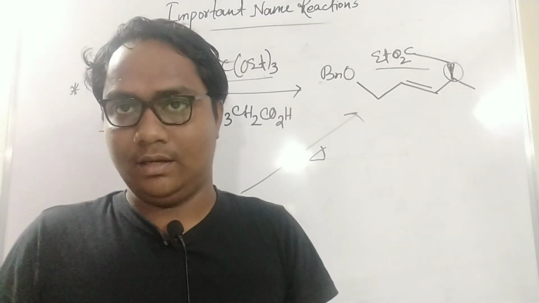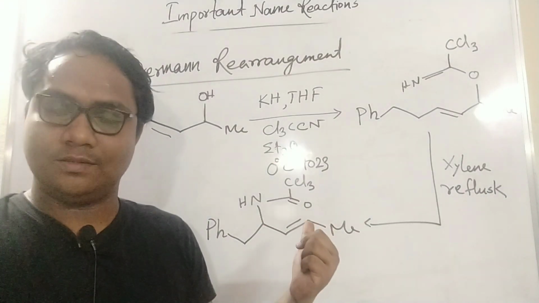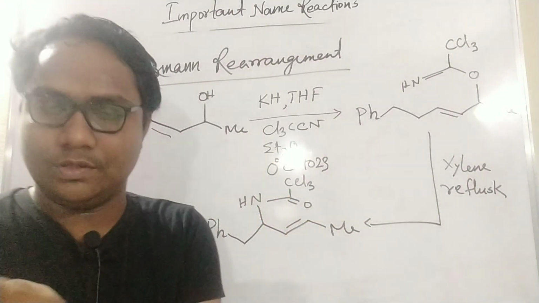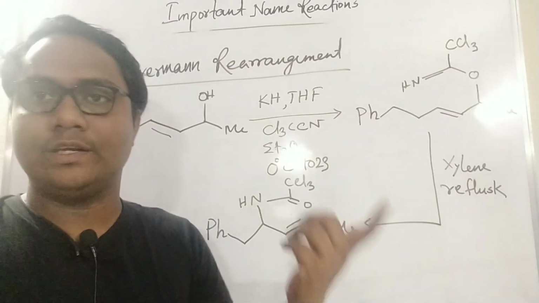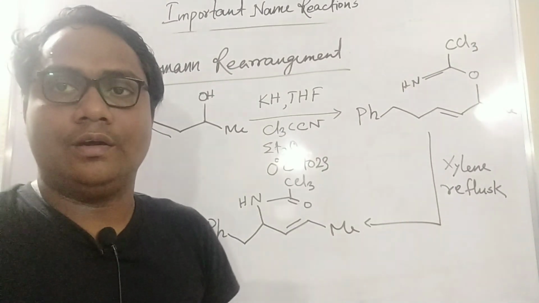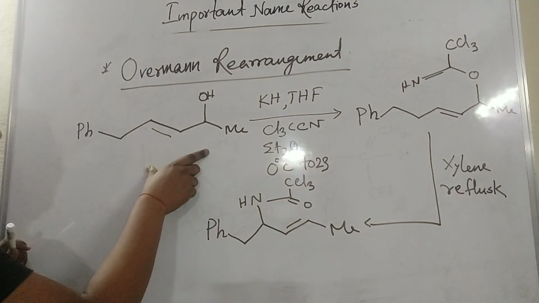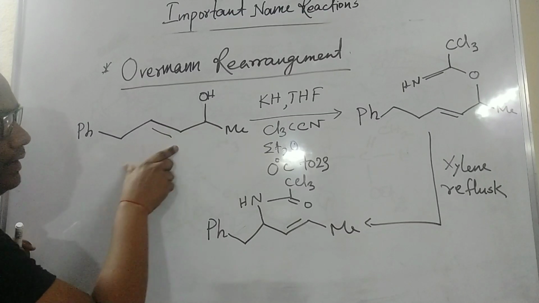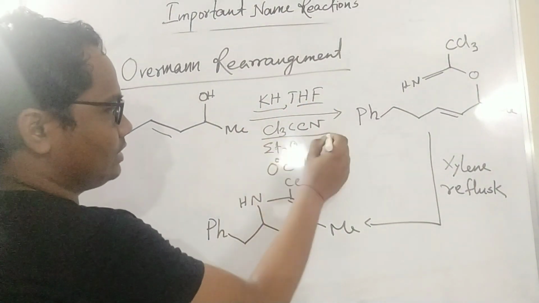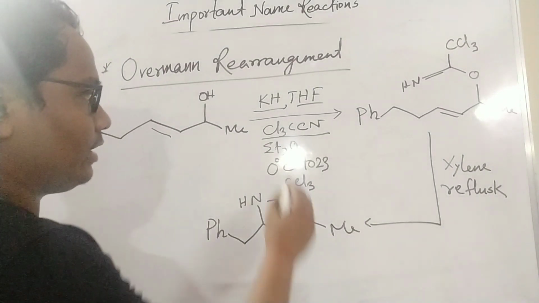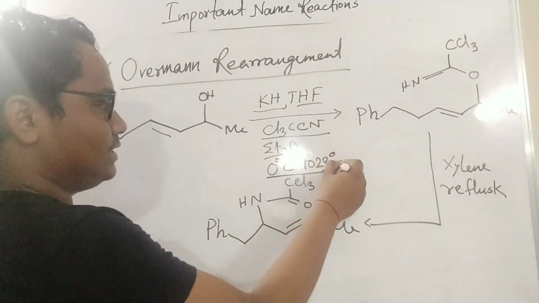Now I will give another example, okay. Hi friends, here is one simple example of the Overman rearrangement. The Overman rearrangement came from one scientist, Overman. He developed this kind of name reaction. So here you see, like the previous one, this double bond and allylic alcohol type is there. They use potassium hydride and this trichloroacetonitrile, okay. This is called trichloroacetonitrile, in ether solvent at 0 to 23 degrees C.